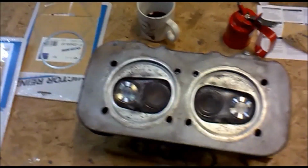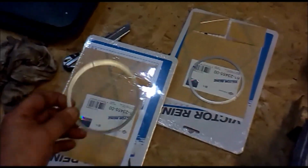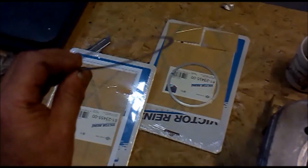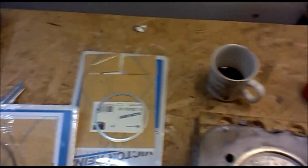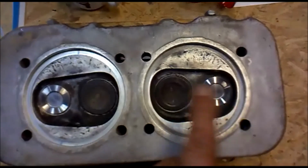So we can now get the rings, Victor Reinz, go into the head, 1 and 2, no goop, no need, and you do it like this. The engine's on the tilt,